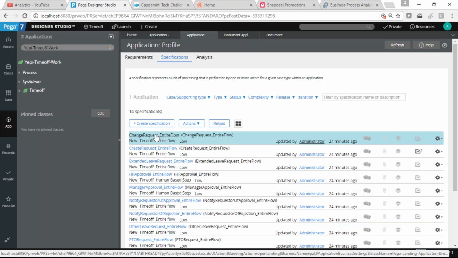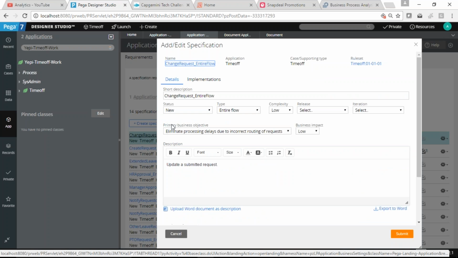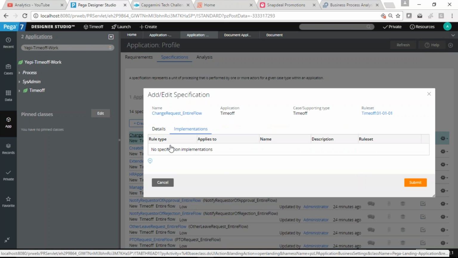Sorry, Sonu. If you open one of them, in the same specification you see the implementation tab is also there. In the implementation tab, it shows which rule is going to implement it. That is the work of the development team. They can say that all these rules are created for this specification. As a business analyst you don't have to know that, but once it is implemented, you can see that these rules are part of the specification. To complete the specification, these many rules are created here.